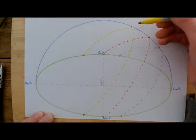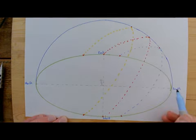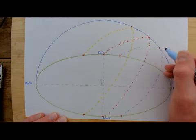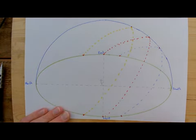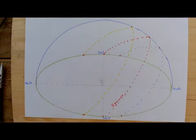So the sun will be higher in the sky when it reaches its peak in the summer months, and in the winter months we rise further towards the south, we come up and over and down, and we'll be lower in the sky, and we set further towards the south. So we can label up those three stages there. So I'm going to call those the equinox, and we've got the summer,